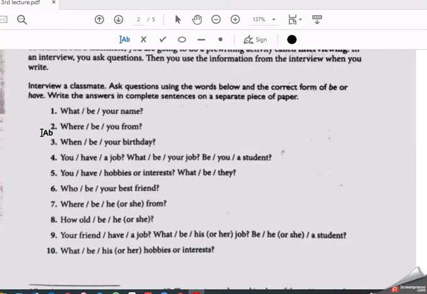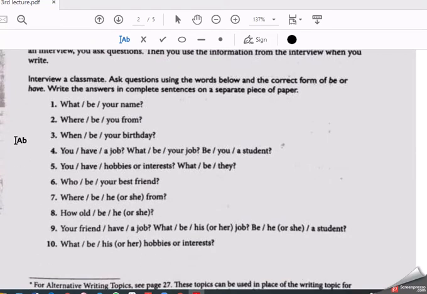Look, these are some questions that you should ask your friend about. First, actually it should be done in the classroom, but you have to find a way to use these questions to ask your friend. For example, if you want to write about your friend, you have to call your friend and ask him about this. You have to be like couples, each two will make one or two paragraphs. They will ask one another this. واحد يسأل الثاني عن هاي الأسئلة.